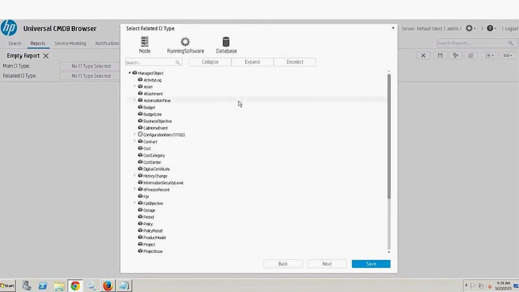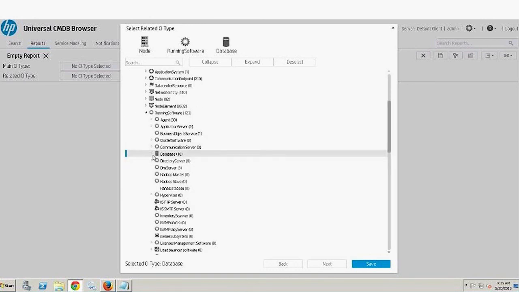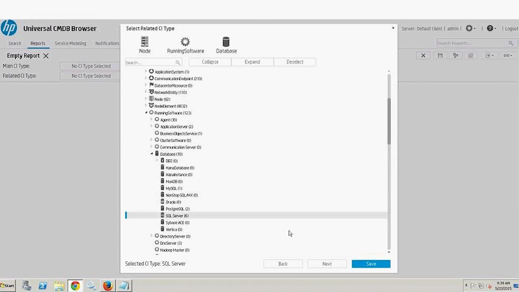Click on Next. And then I can select a related CI type if my report needs to be dependent on another CI type. In our use case, it is dependent on the database. And in the database, I can further go out and select just a SQL Server, because I'm just looking for SQL Server